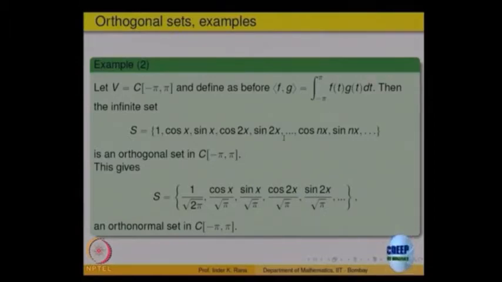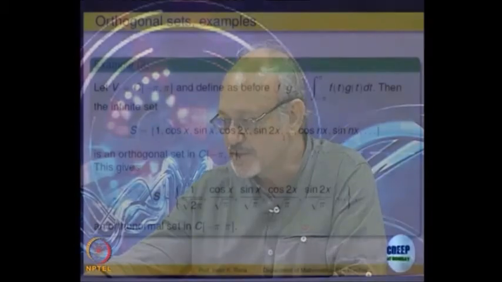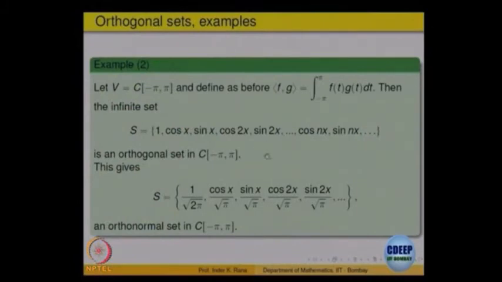So, what is a Fourier series? That is expanding a function in terms of cos and sin. These are precisely the basis you can think of, this is the orthogonal set in terms of which you try to expand every function. So, this will come back to you when you study the Fourier series problem. Okay. So, it is important there.